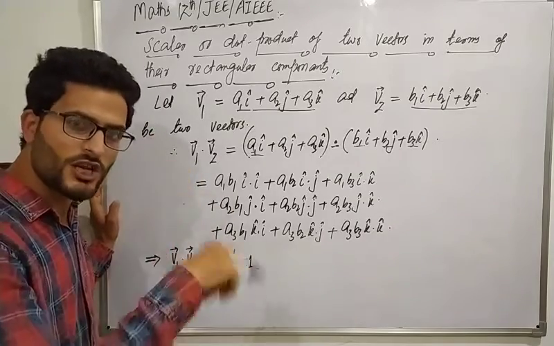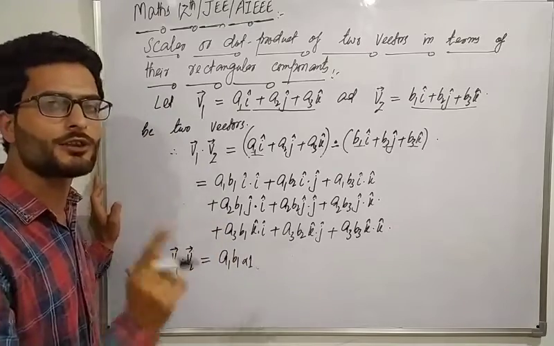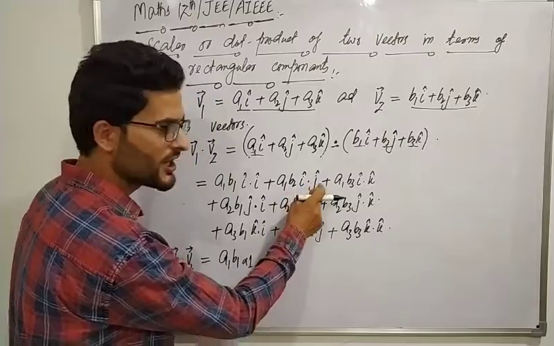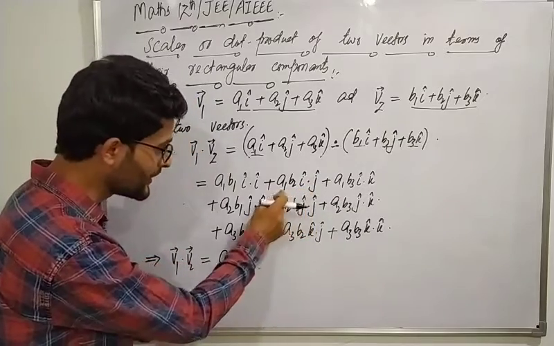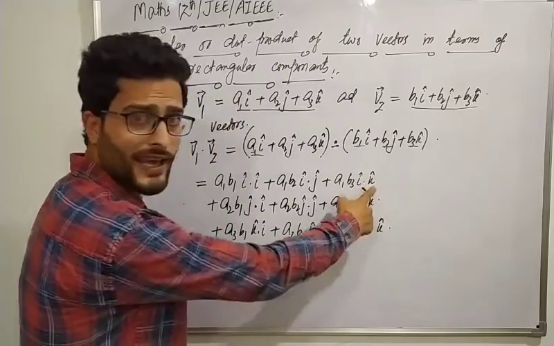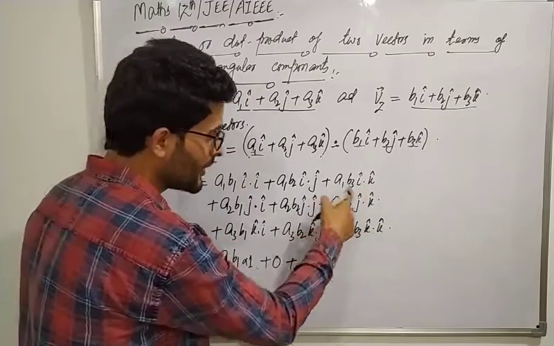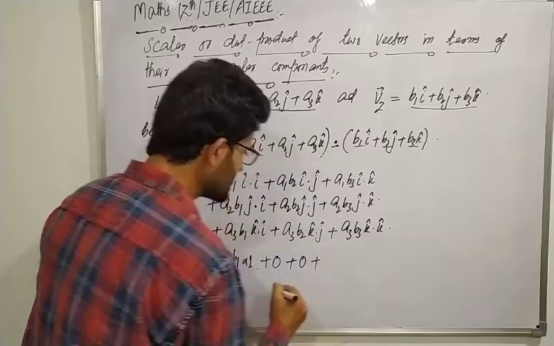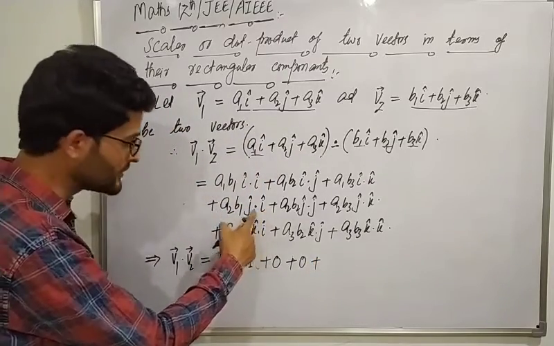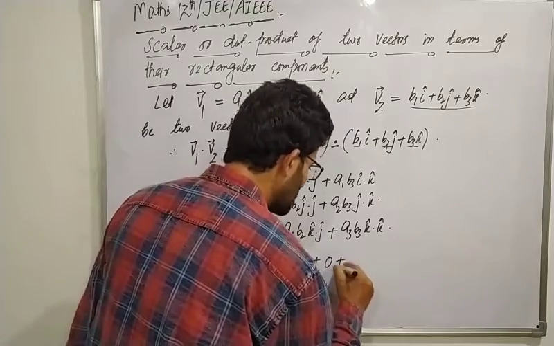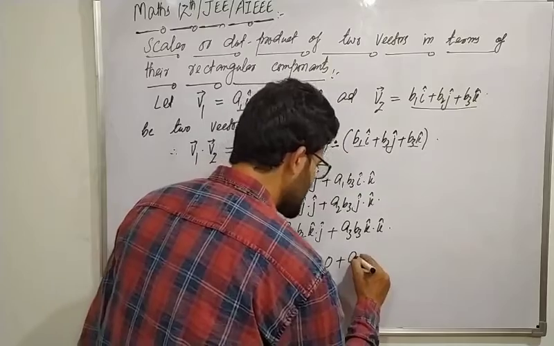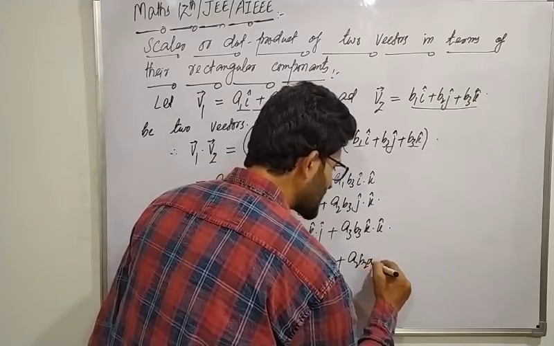के साथ करेंगे, जे को आई के साथ या के को जे के साथ करेंगे तो रिजल्ट हमेशा 0 आएगा। तो यहां पे a1 b2 i dot j का वैल्यू 0, 0 into anything is 0, plus 0 plus i dot k is again 0, so 0 into anything is again 0. Plus, हाँ जी, a2 b1 j dot i, 0 into anything is again 0, plus a2 b2 j dot j, now j dot j, dot product of vector with itself,